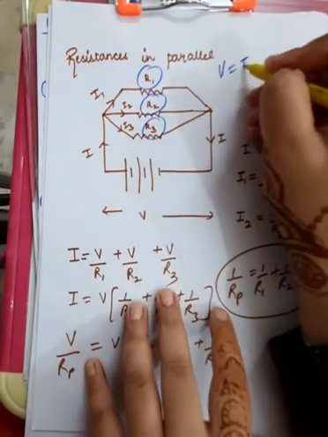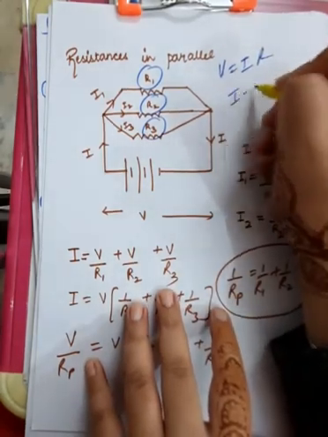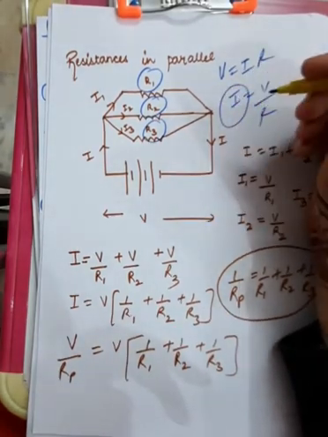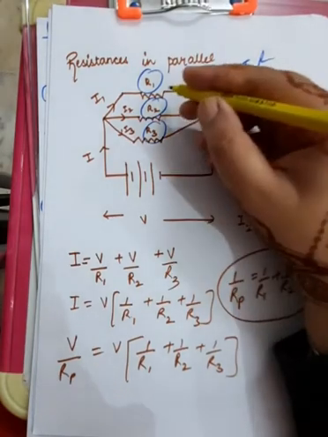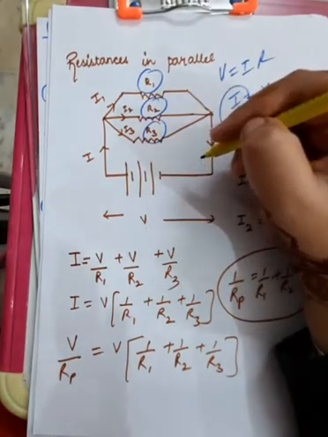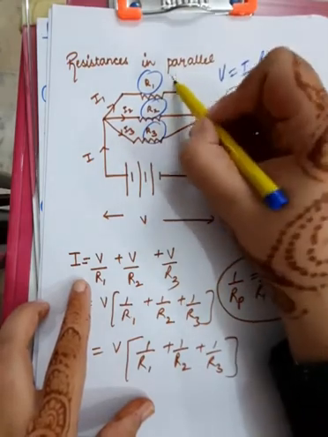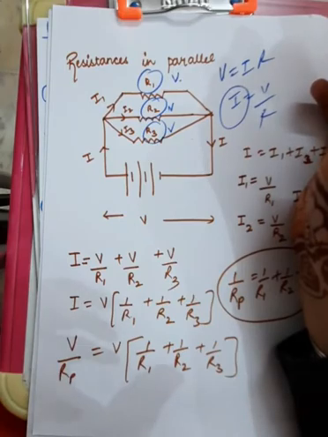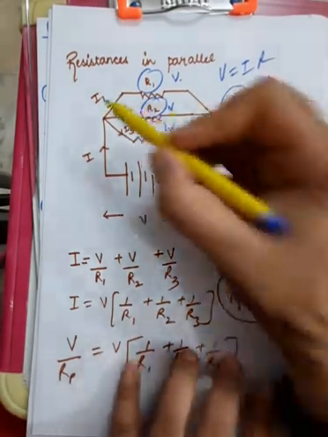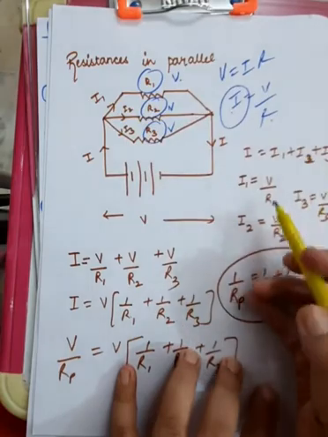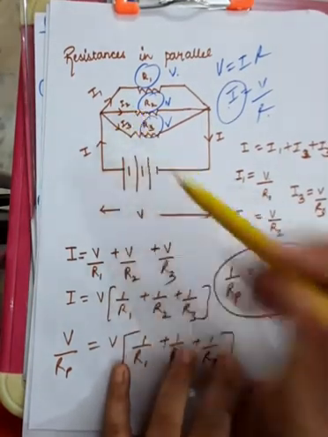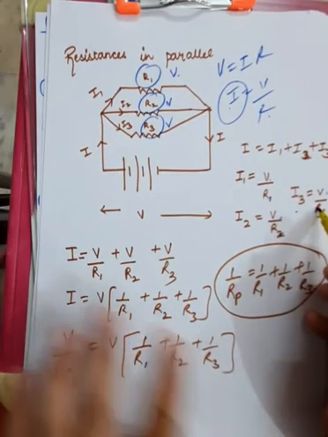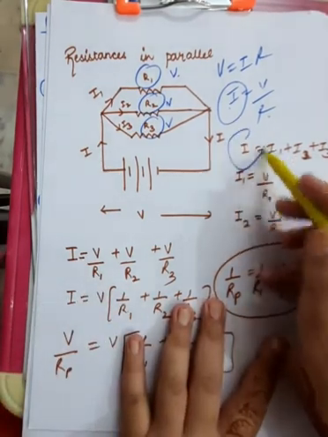And we know that V is equal to IR. So I will be equal to V by R. There in series combination, current was the same across all the resistors, but here voltage is the same across all the resistors. So every resistor is achieving the value of V as the potential difference, right? So if I is equal to V by R, what is the value of I1? I1 is V by R1. What is the value of I2? V by R2. I3, V by R3. So just add all these to get the total current.